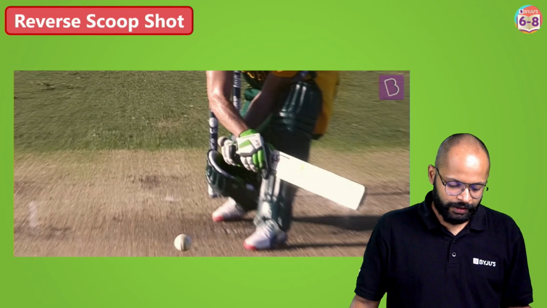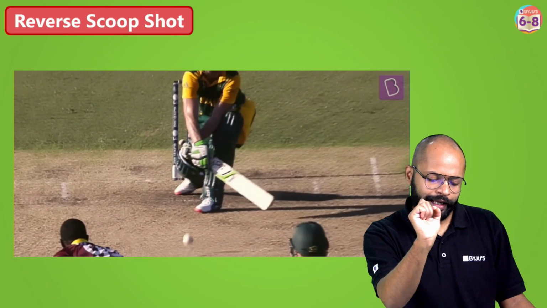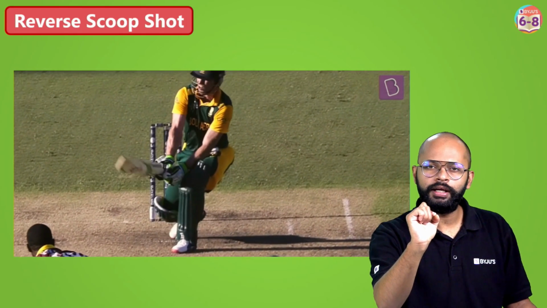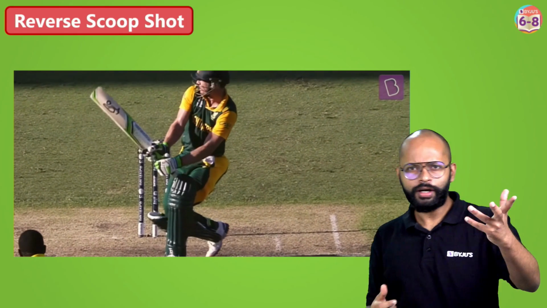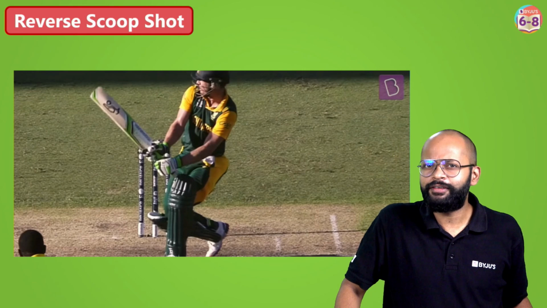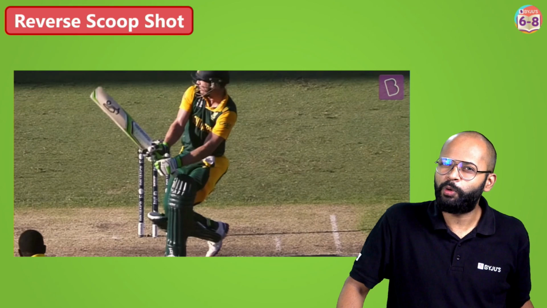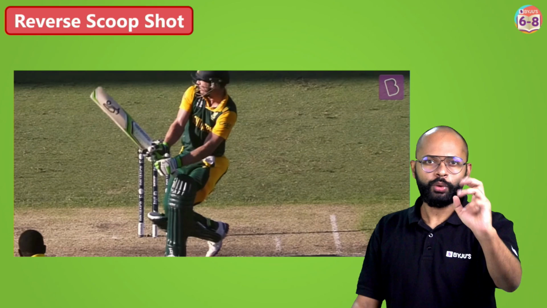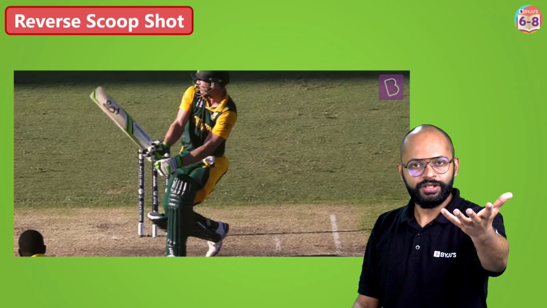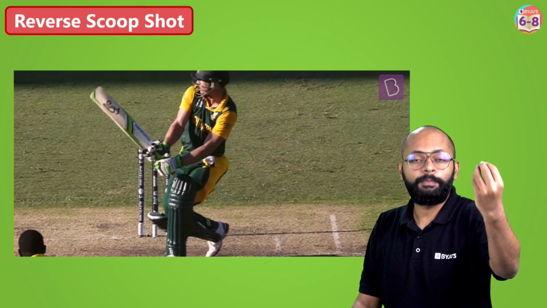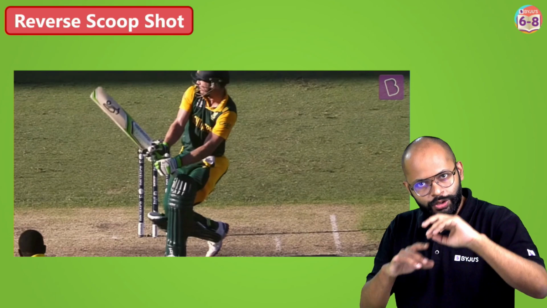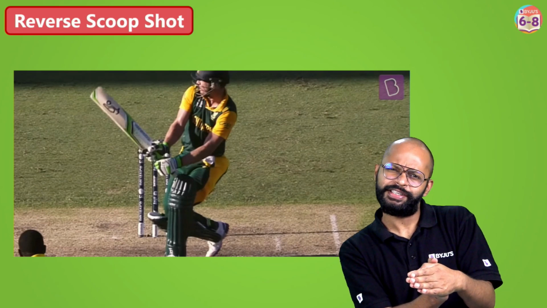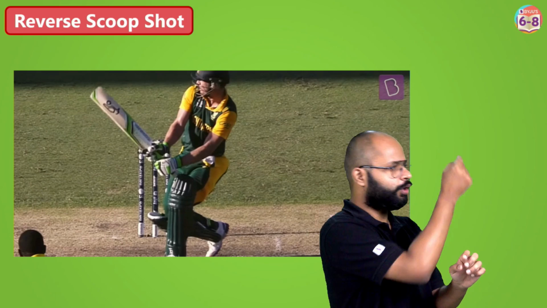Same thing. Just look how nicely the bat touches the ball and the ball goes behind. So you know what? Scoop shots are really easy, or I would say they are more beneficial when you apply them for a pacer, because what you are doing is you are actually using the pace of the ball, the pace which the bowler imparted to the ball. You are using the same pace and just giving it a nice direction, nice touch, and it goes back, right?